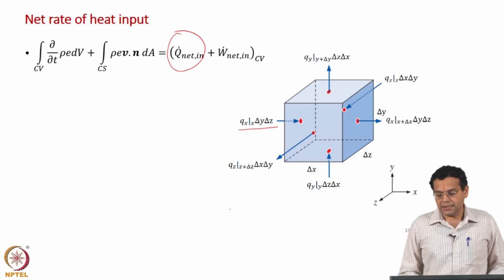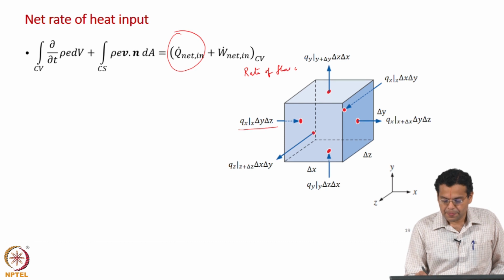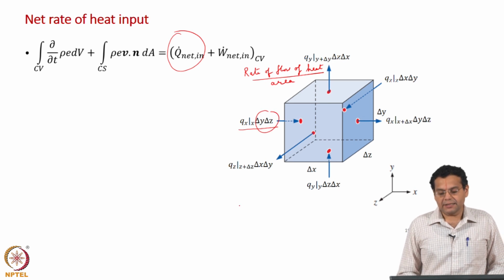And how do you represent heat flux? We represent that as rate of flow of heat per unit area, and when you multiply by the area, we get the